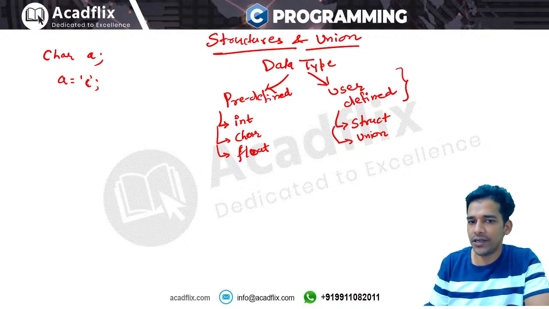In the predefined data types, everything is already defined. You can directly use them. You can use integer, character, float. You do not need to define the meaning of integer, character, and float, because the meaning is already defined. That is the predefined meaning, right? So you can call them predefined data types, or system defined data types.